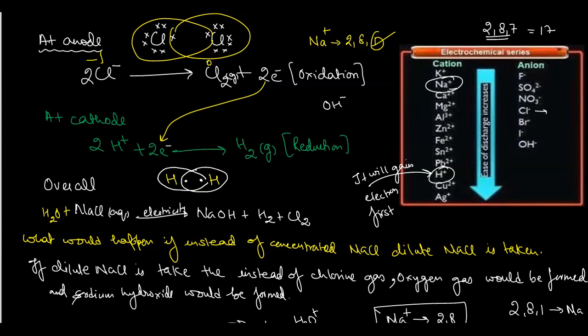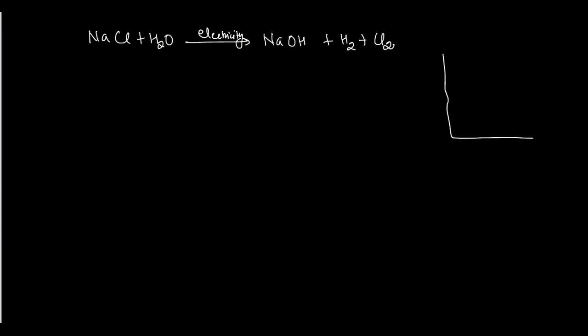Please explain again. Okay, so कि हमारे पास दो chloride ion होते हैं, okay? When we are doing the electrolysis, let me explain you there. When I'm having NaCl plus water, so actually what is happening here? So many questions can arise from this one. That's why I need to explain this in detail. So what will happen? NaOH will form on passing electricity to it. NaOH will be formed plus hydrogen gas plus Cl2 gas will be formed. Okay. Now what is happening here actually? When we take the electrolytic cell, in the electrolytic cell, there are two rods.